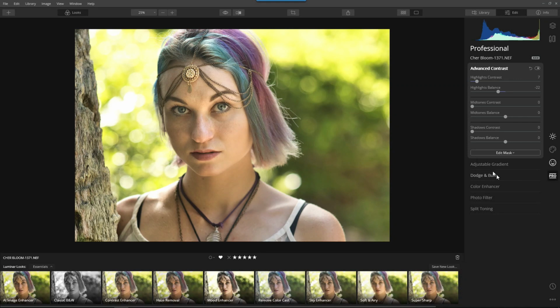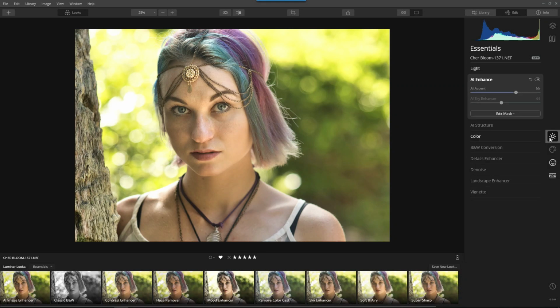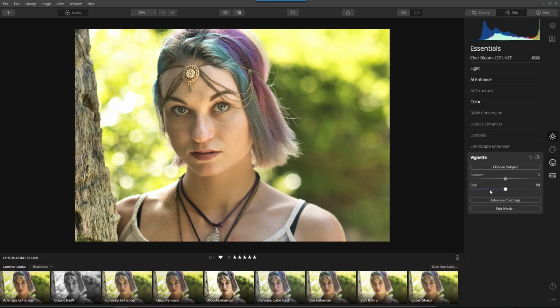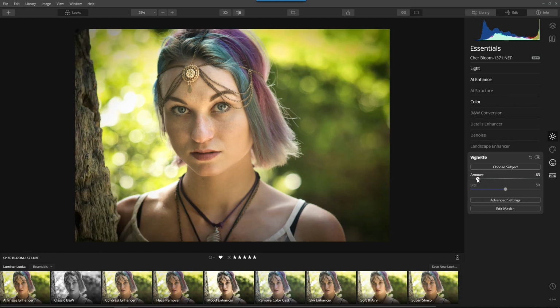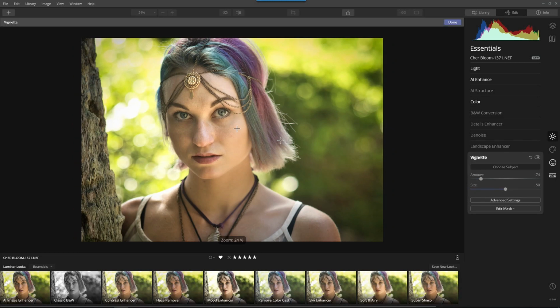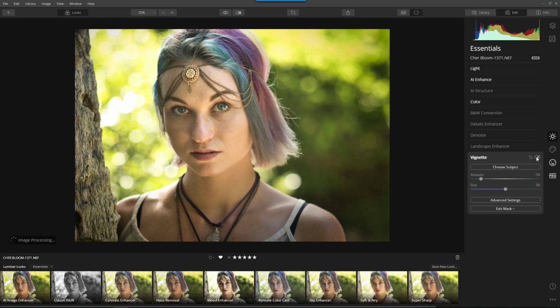And last but not least, a lot of times I like to throw a vignette in here, and all the vignette's going to do for me is darken the bottom half of the image a little bit and kind of guide the viewer to her. So just that little extra. I'll turn it on and off. All it's doing is tying all of that together, and if I think it's too much, I'll dial it back a bit. And then, like we talked about before,